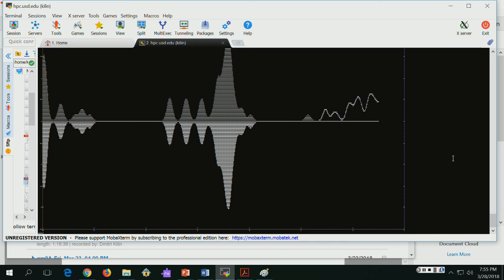You can use the additional file called XDATCAR, or you can read OUTCAR directly into VMD, and then just navigate by mouse, run the movie, or it will start running automatically.